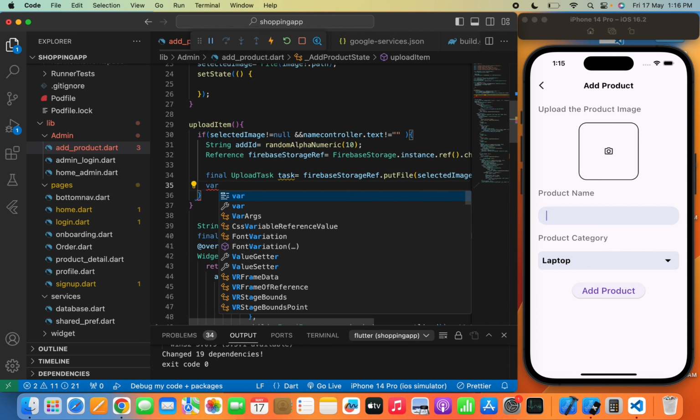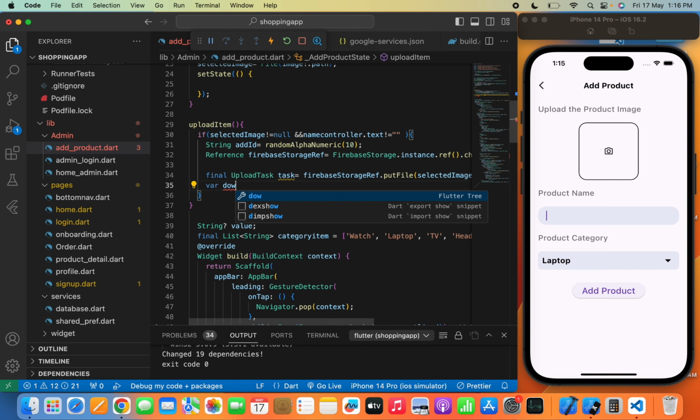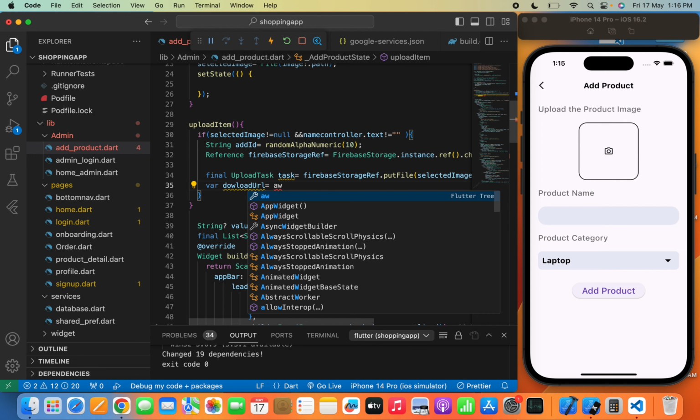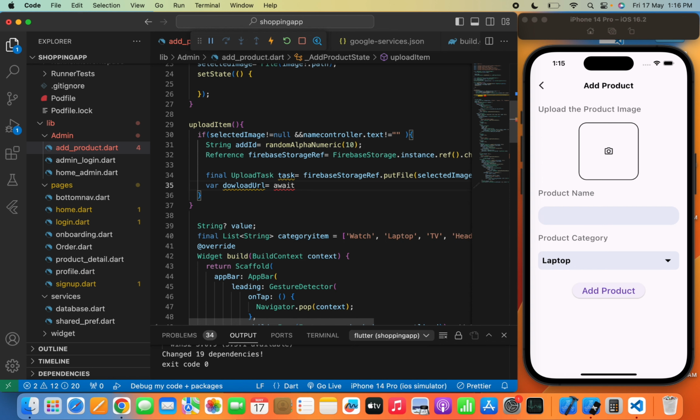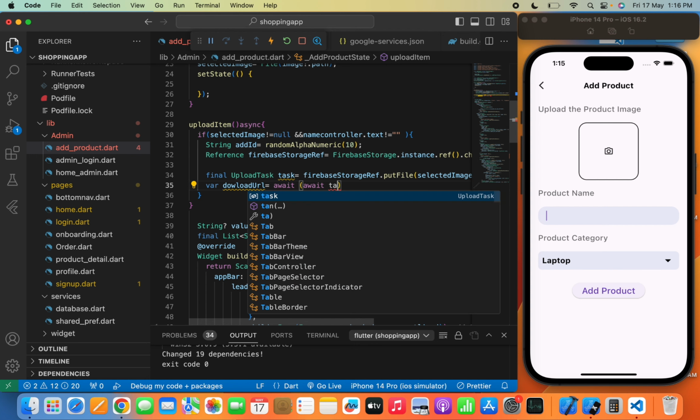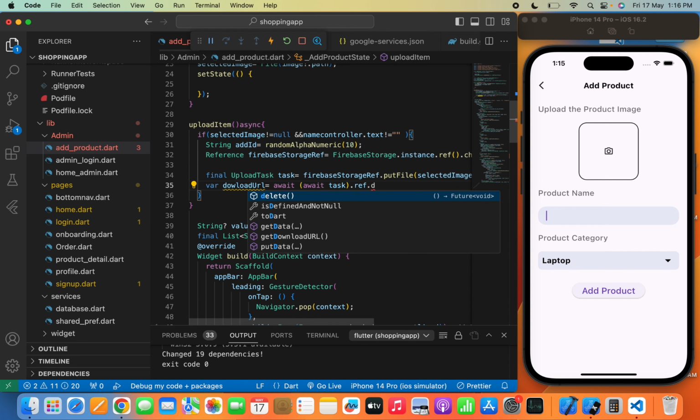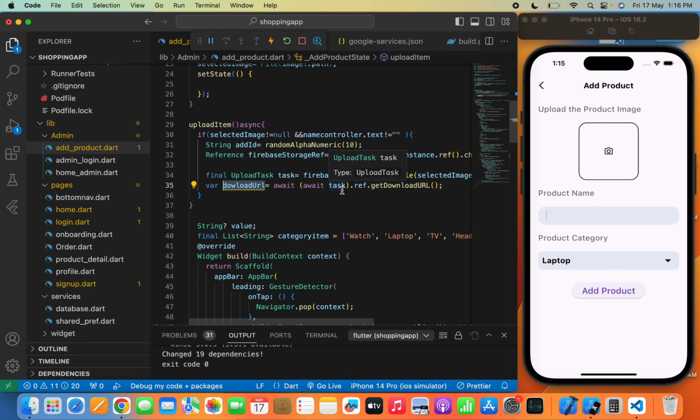Now after the image has been uploaded to the Firebase storage, there will be a specific link of that image, and I can use that link anywhere, like in the Firebase Firestore, and I can simply get that image. So we need to use async await. Now we'll again write await task dot ref dot get download URL, and it will simply pass the URL into this string named var download